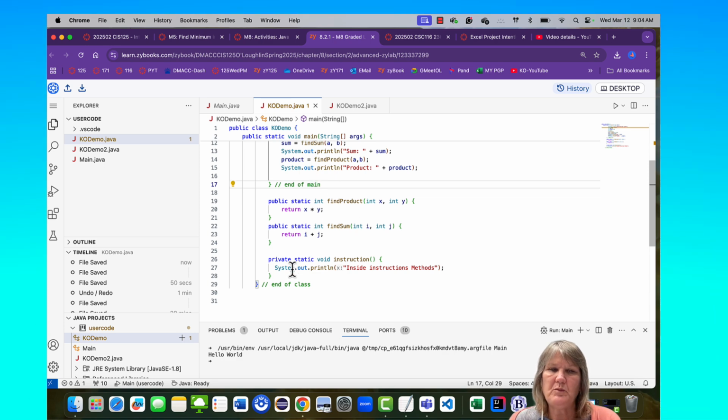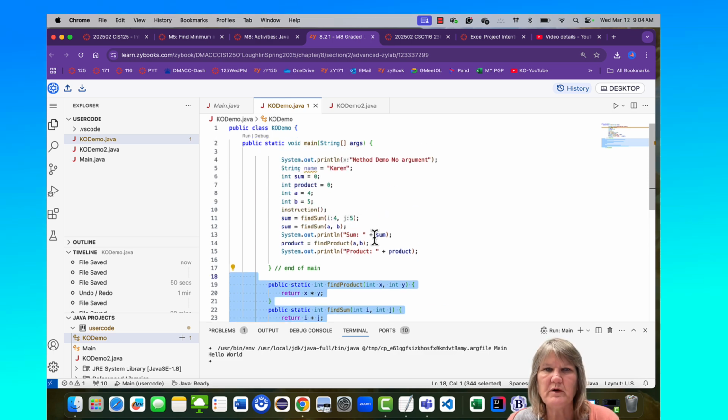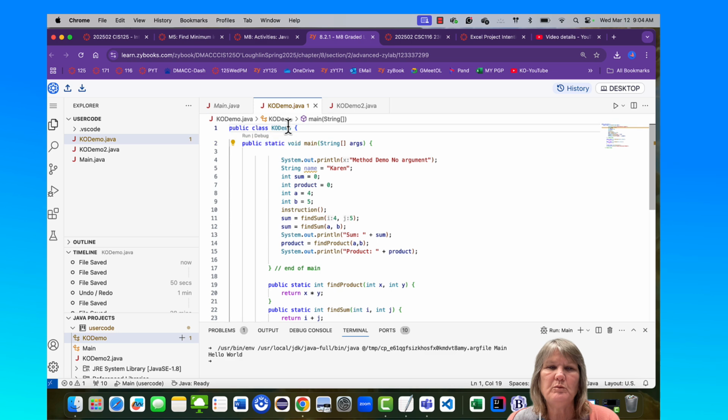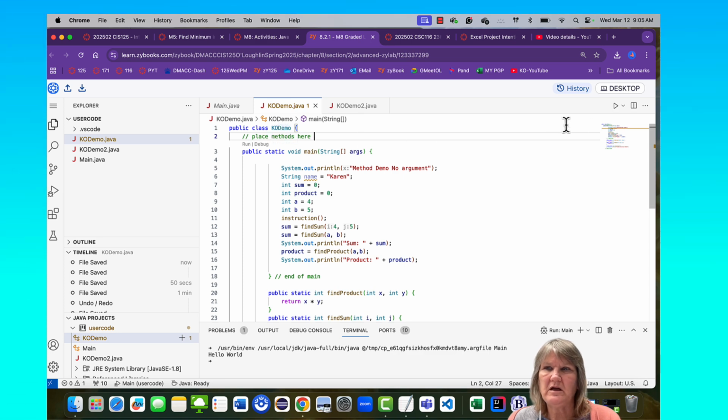And so I place all of my functions or all of my methods between the end of main and the end of the class. Please note, if you watch some online videos, you might also see people place them between the beginning of the class and the beginning of main. Either place is fine. It doesn't matter in Java where you place them, as long as they are outside of the main method and inside the class. So now I've got that set up, and I can go ahead and execute this code